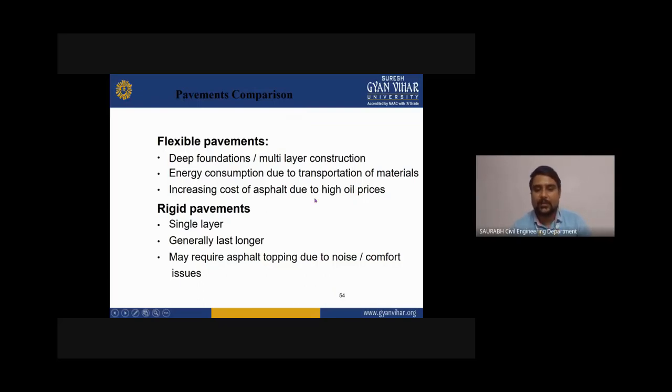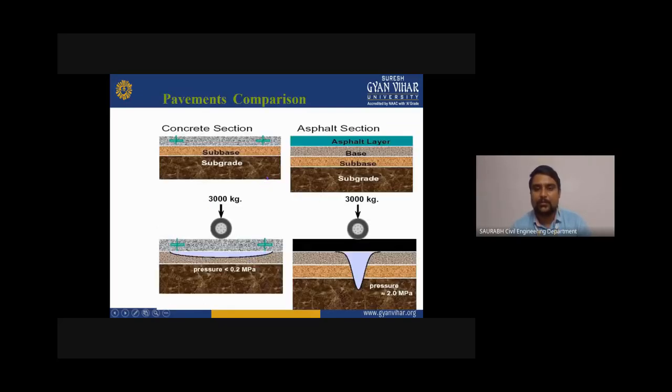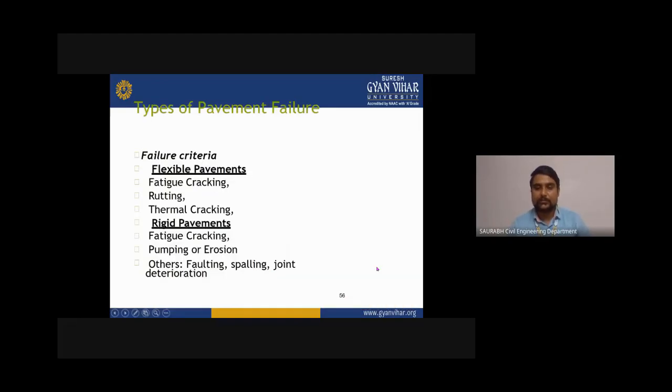Now we have seen what the comparison of rigid pavement and flexible pavement is, and we will see here the load distribution comparison of rigid pavement and flexible pavement. As you can see here, this is your concrete section, subbase and subgrade. And suppose this is a 3000 kg load of a vehicle, and it will be distributed like this, meaning it will be spread around the subbase course, and it will penetrate like this, till the base course.